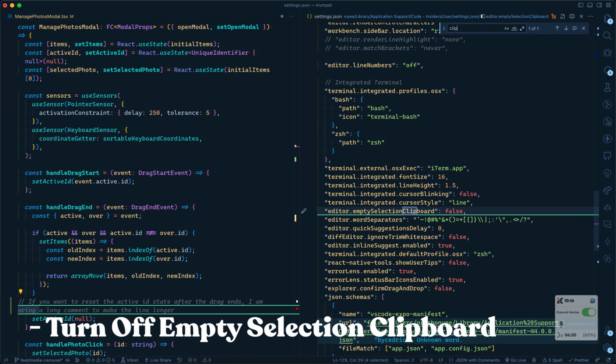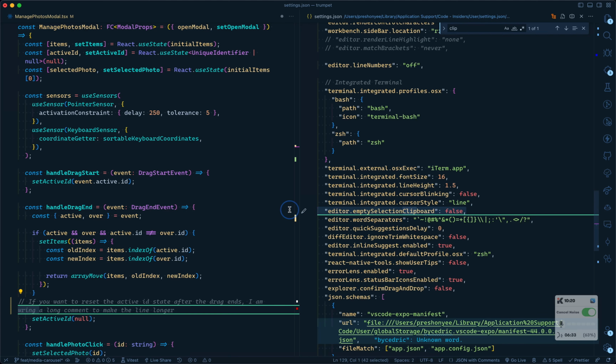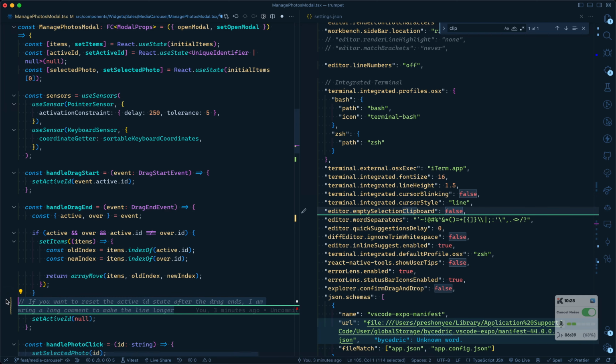So if I search here for clipboard, yeah, good. Editor of empty selection clipboard. I turn this to false. This is because it's very annoying sometimes when you copy a piece of code and you want to press Command V